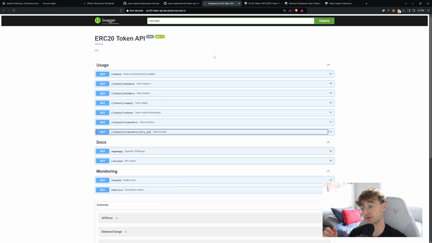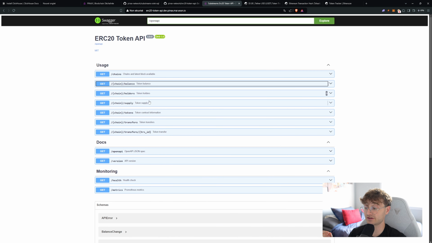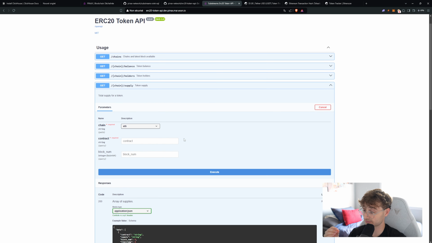These APIs will guide you on how to extract all the data you need about ERC20's tokens. So USDC, BNB, USDT, every token you can imagine on the EVM chains. And we have also all the other chains, but all the data related to those tokens are now available to everyone. So for example, if you have ever wondered how Etherscan got all that data, for example, the supplies, the holders, etc., with the API now, you can fetch the same data for all the data you need.